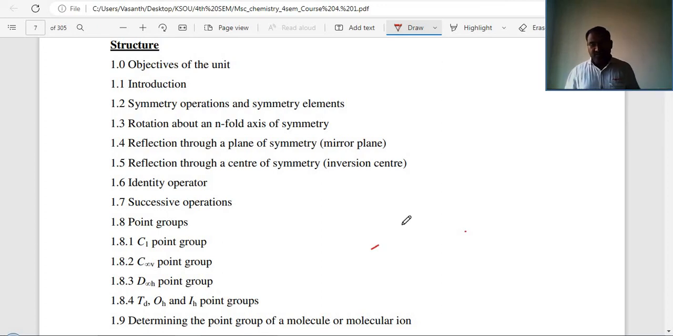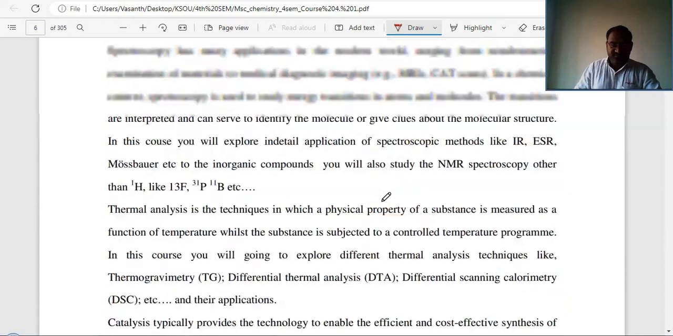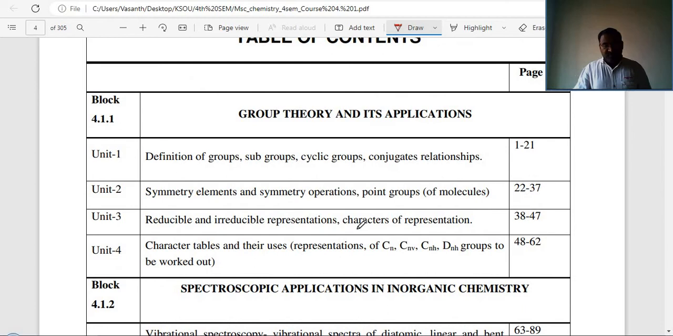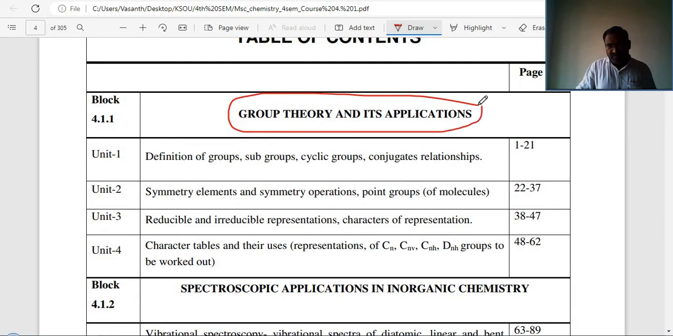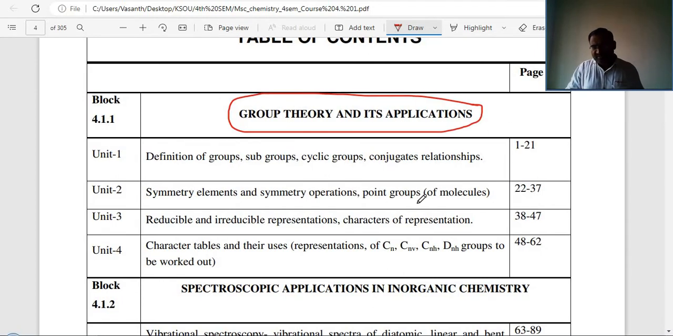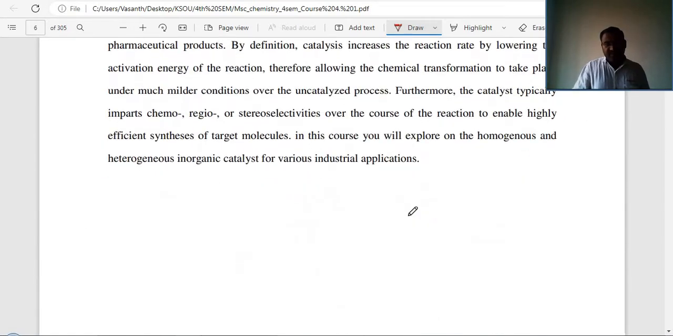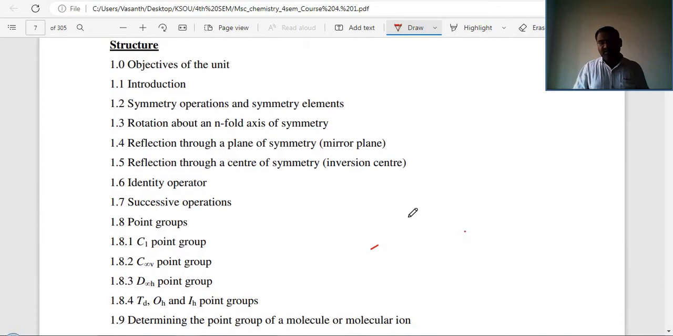In this module, I am going to explain the group theory concept. It is very important, the point of spectroscopic techniques. In this unit,